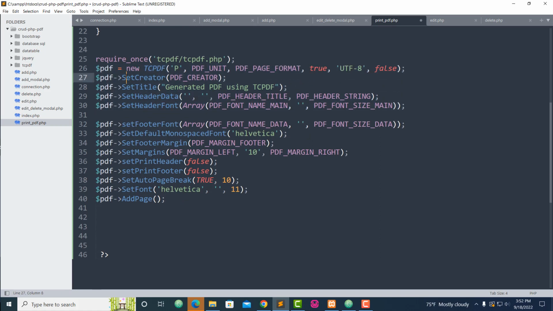Oh, this is not capital S. Not capital S, guys. Okay. Remove capital S for set. Without capital S. Okay. Now set. Yes. Okay. Now set footer font. I just added it to save some time. Okay, to save some time, and then after that, remember we have